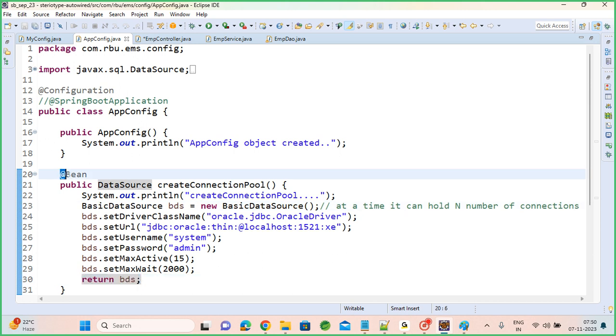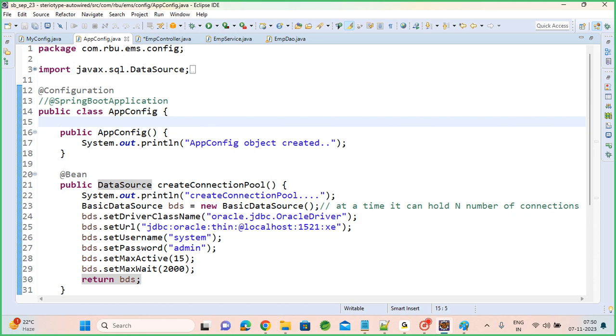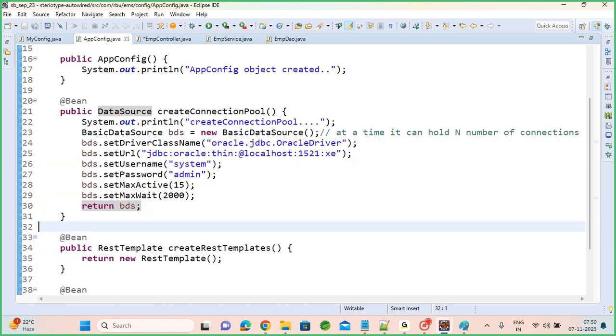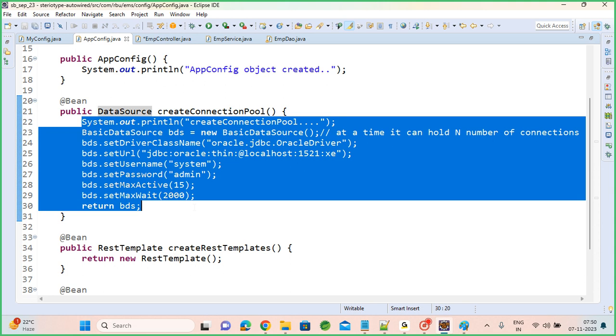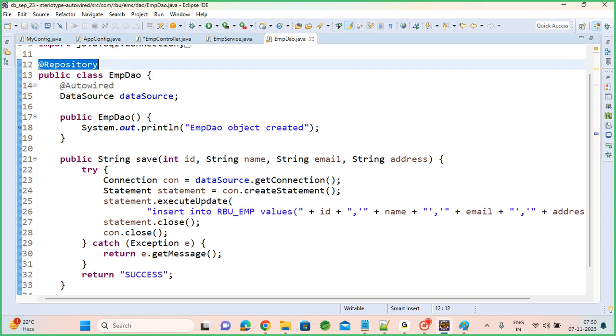Finally, which bean is created here? The BasicDataSource bean. Which type of bean is it? DataSource type. So this bean is available in your container. When this configuration class's @Bean method is executed, the data source is created and ready for dependency injection. As and when it creates your DAO object, through repository scanning,